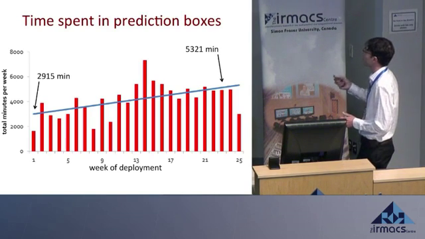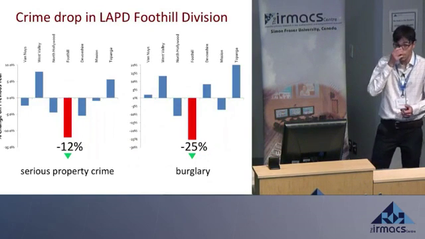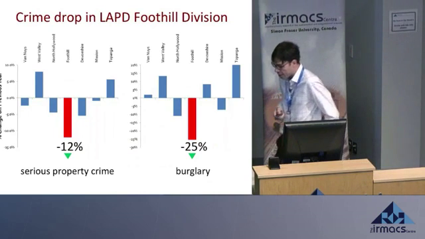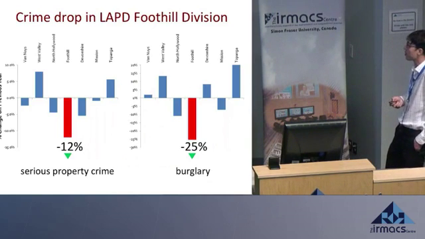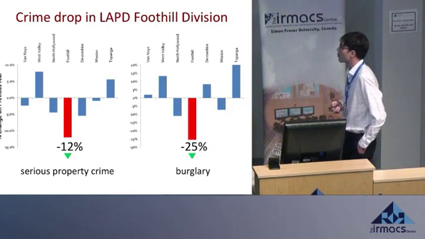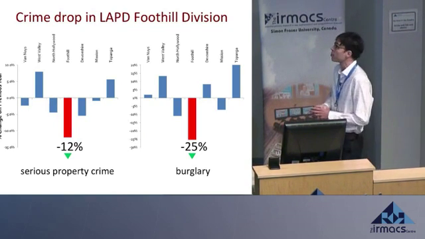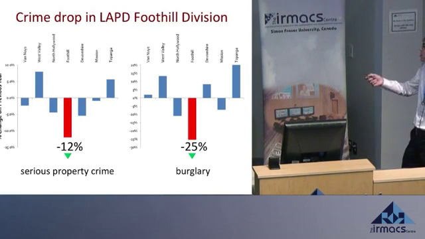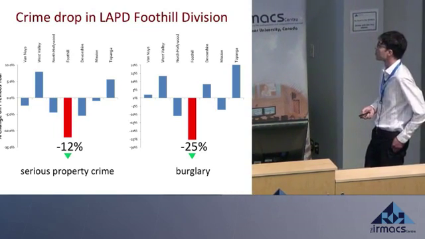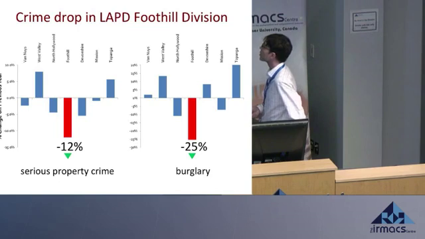And there was some learning curve to get these officers up to speed. The last thing that I'll point out, and again, it's difficult to control these experiments, so this is not a controlled comparison, but if you look at the division where we were running this experiment, which is Foothill, out of 21 divisions in Los Angeles, they had the highest crime rate reduction over that 6 months of all the divisions in Los Angeles. And these are selected divisions that have similar demographics and are geographically close. So that was a promising result that we had.